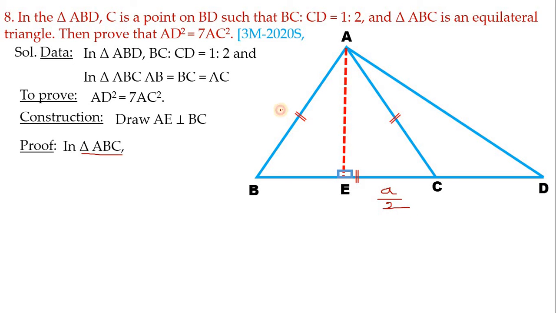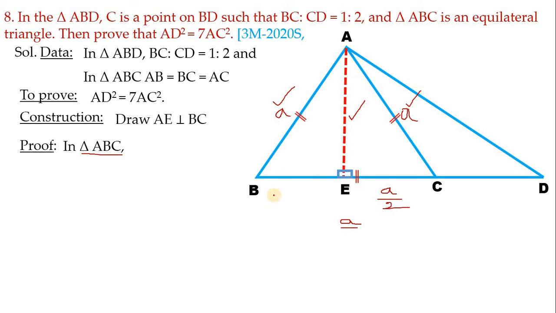So before that, see here, all sides you wanted to take it as A. All sides better you take it as A. Yes. Because it is an equilateral triangle, in an equilateral triangle all sides will be equal. So all sides I have taken as A. If all sides are equal to A, this AE is the median for triangle ABC.